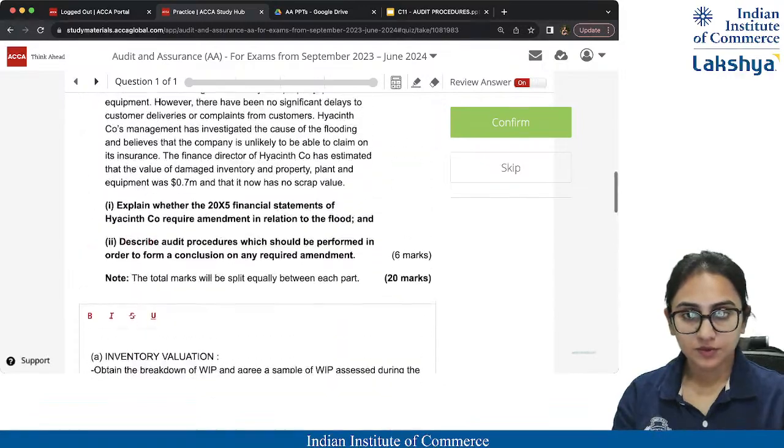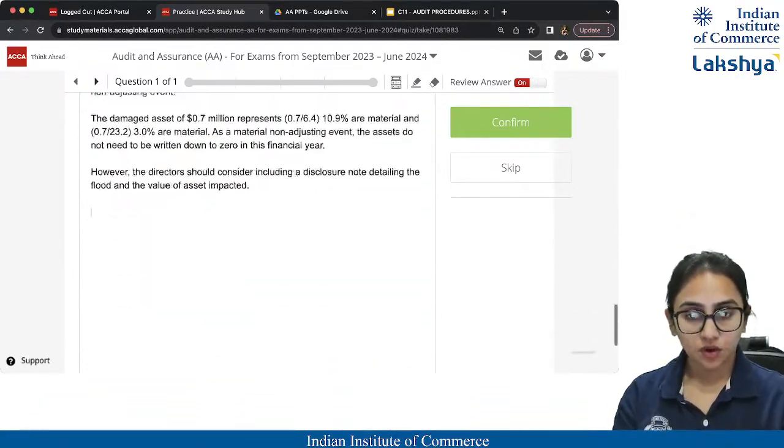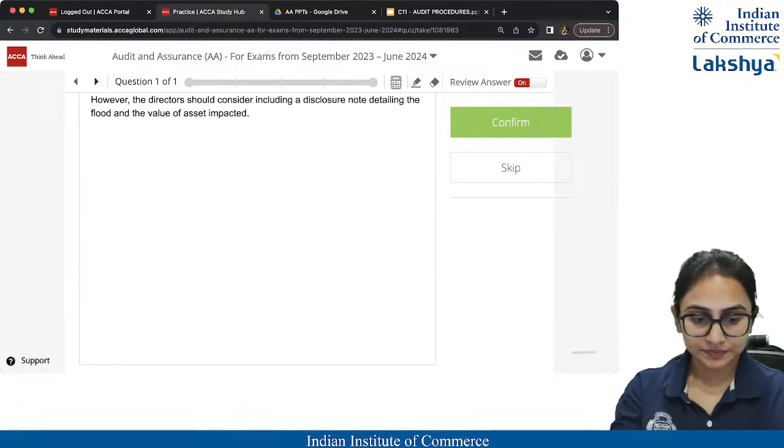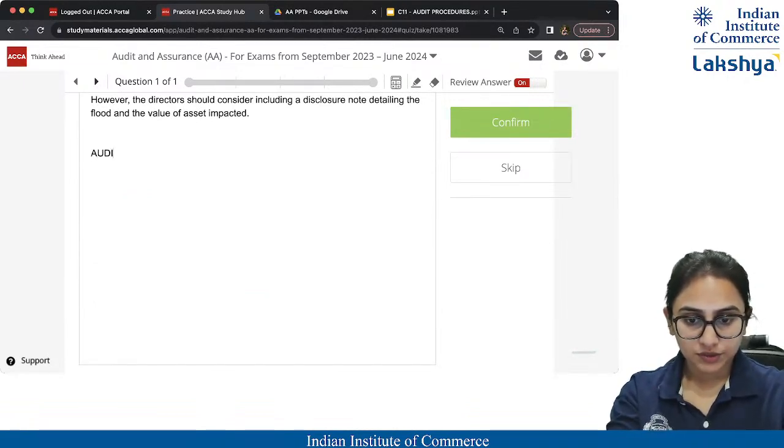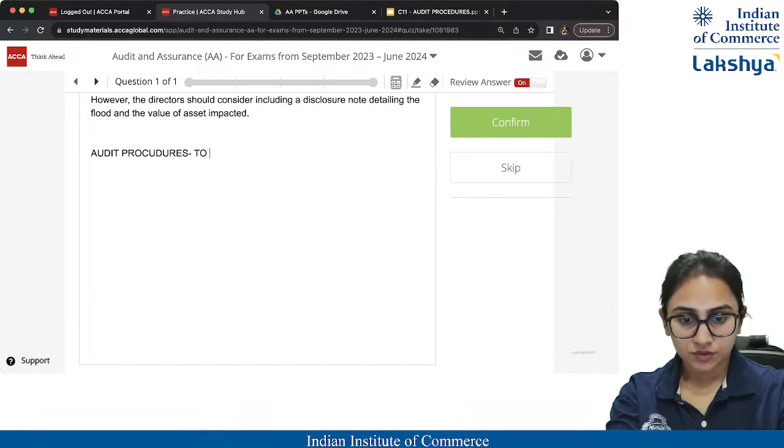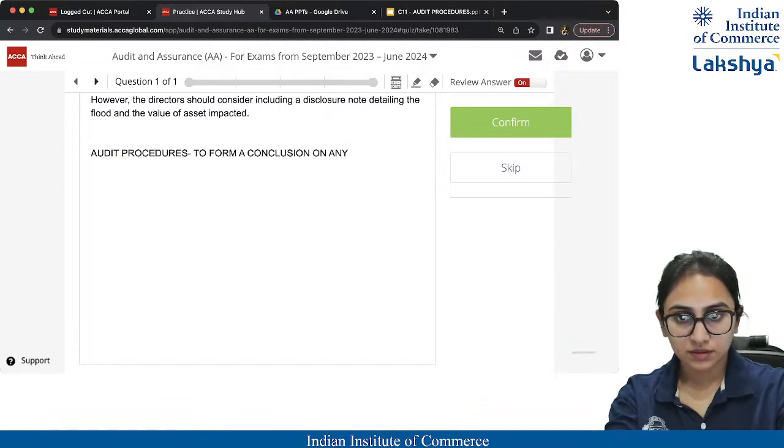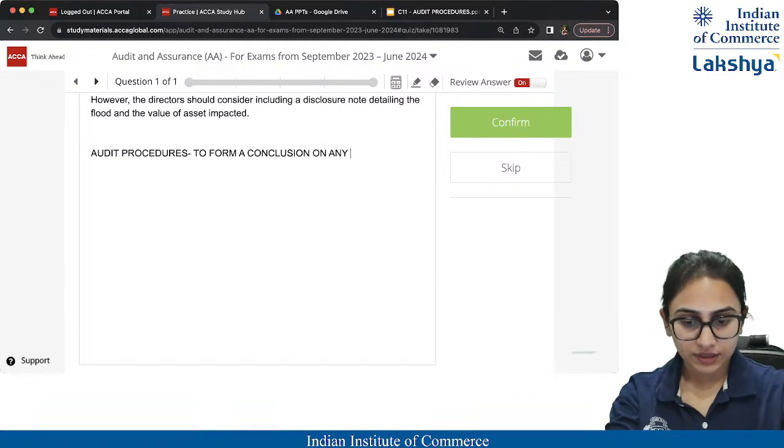And the next requirement is what? Audit procedures on the same. So audit procedures to form a conclusion on any amendment. Okay. So the first one is